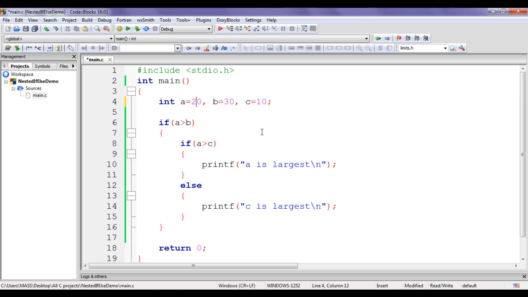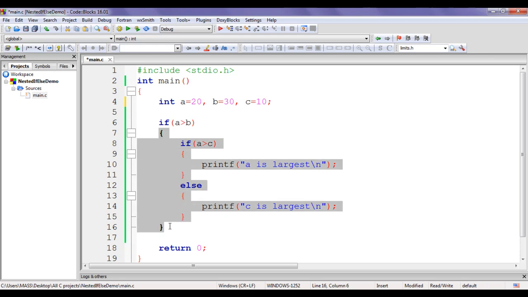Now what happens, we need to understand. It checks whether a is greater than b. A is 20, b is 30. 20 greater than 30 is false because 20 is less than 30, guys. As this condition evaluates to false, this block of code is not executed. So what I do here,